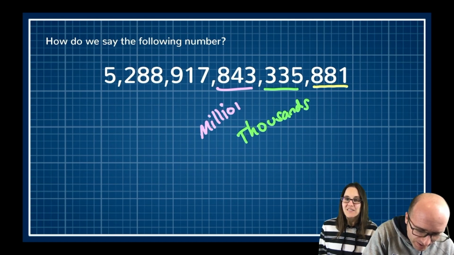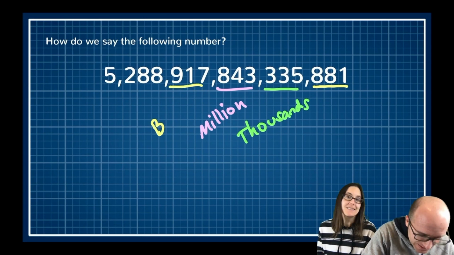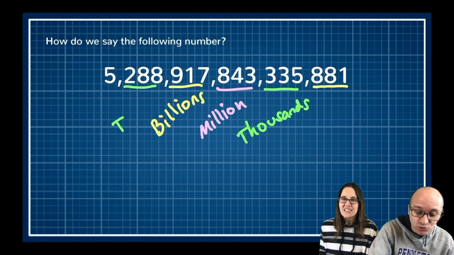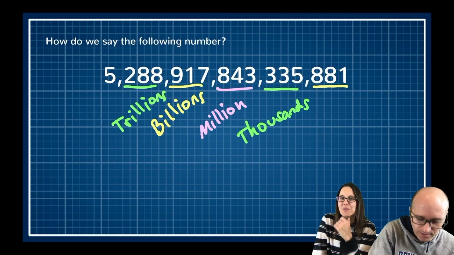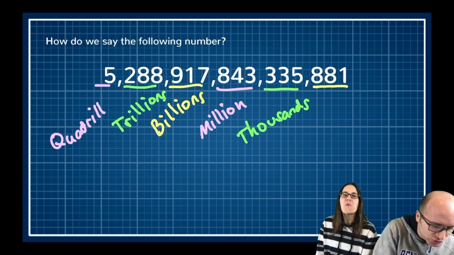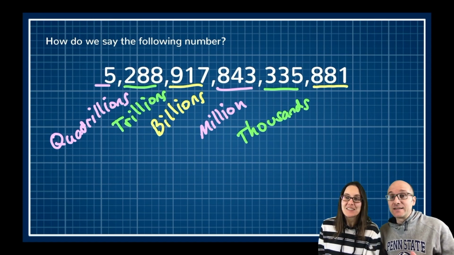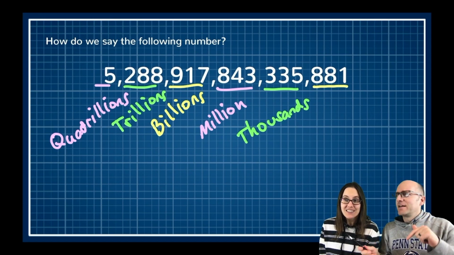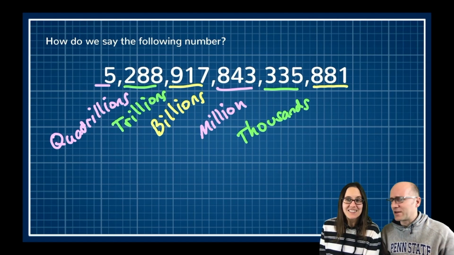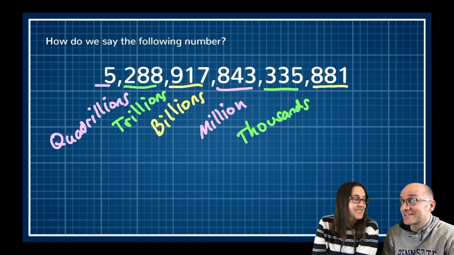Okay, then we have the millions. I know thousands and millions. After millions comes billions. Okay, after billions, trillions. Trillions. And then it's the next one I'm not quite sure about. Is it quadrillions? It is. Quadrillions. What's after quadrillions? Quintillions. Quintillions? And then sextillions, septillions, octillions, nonillions. It just keeps going forever and ever. We usually don't get to numbers quite that big on a daily basis, but the numbers go forever. There is no largest number.